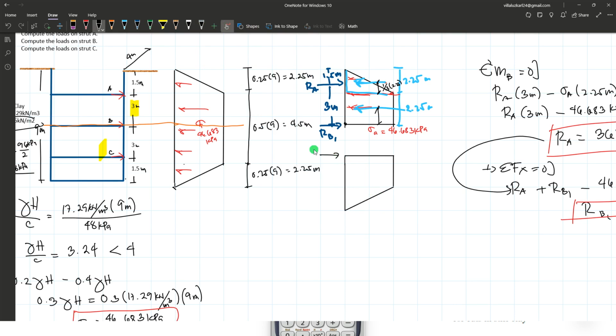Okay, so this is RB2 and your RC. And we have the same value of sigma A, 46.683. And the depth of this one is 2.25. This one also is 2.25. So they are identical. So it means that the reaction at A would just be equal to the reaction at